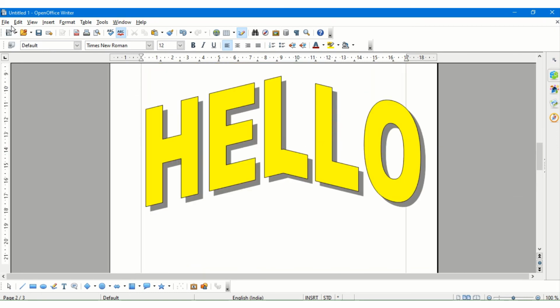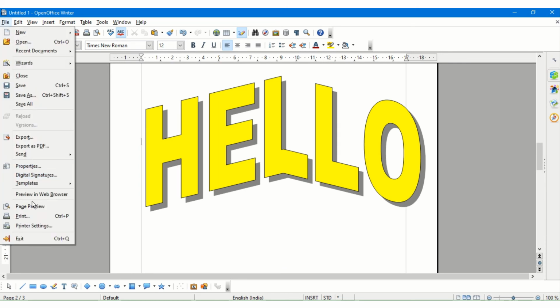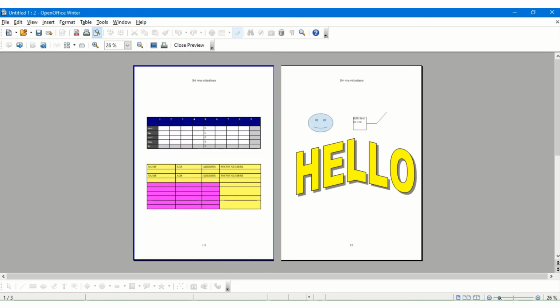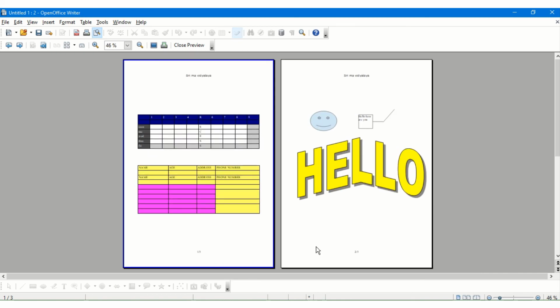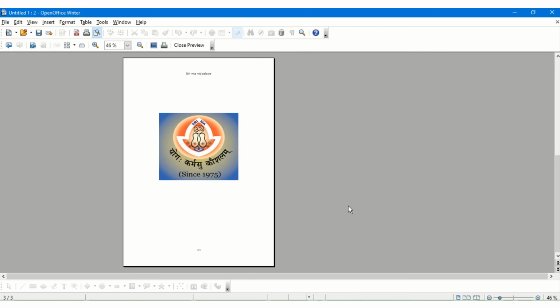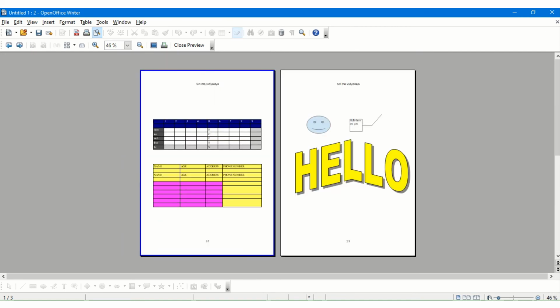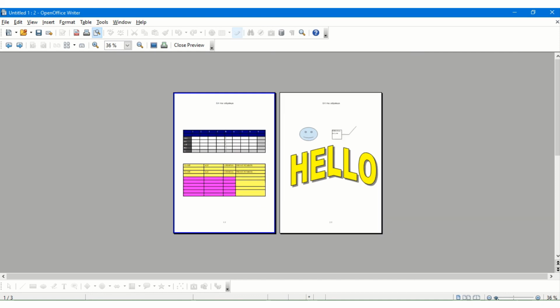Now if I want to see a preview before I print, it is always good to see the preview. So I click on Page Preview in the File option and it will show me here. Now if I reduce or increase the size, I will be able to see the three pages which I have. Suppose I reduce it again, I can see the preview in 3 pages, 2 pages, multiple pages.